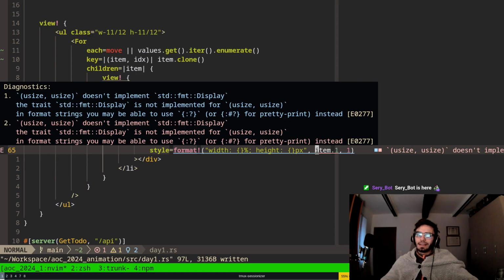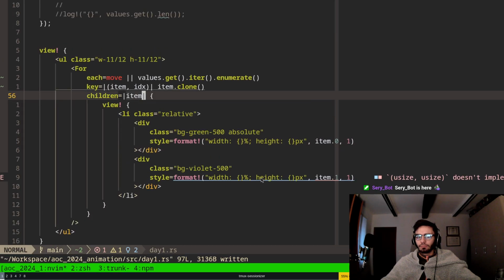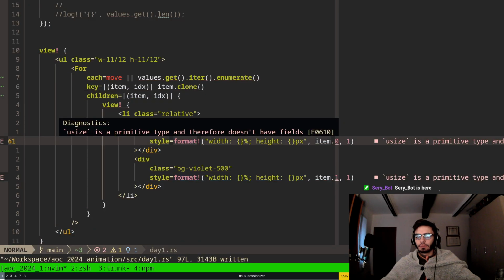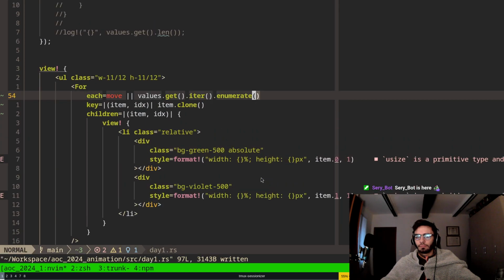Besides, the sides doesn't implement. All right, so that would be item, index. Rather,